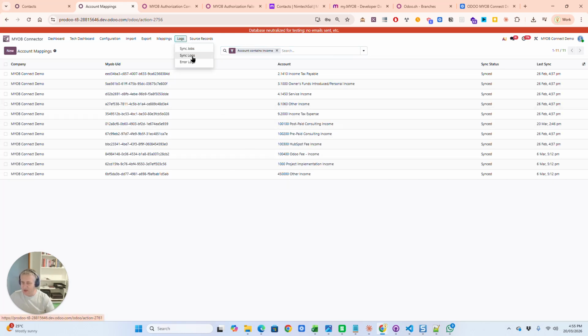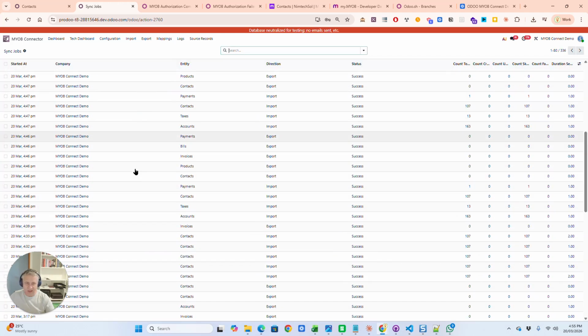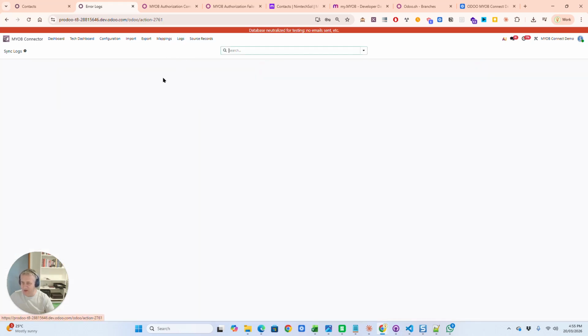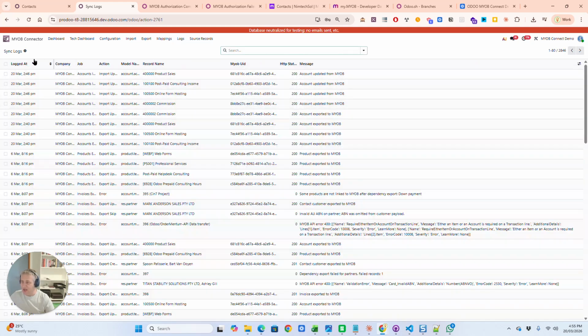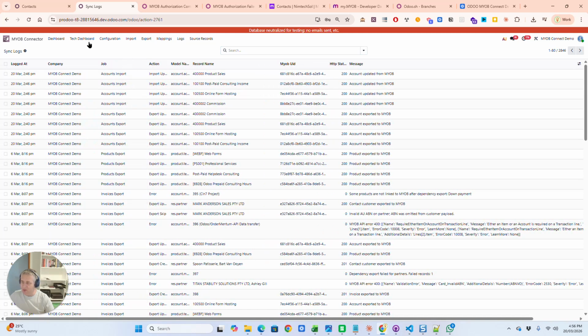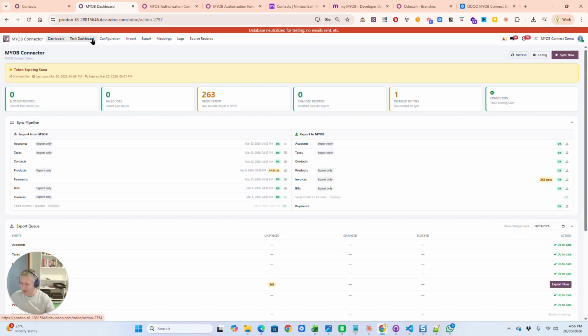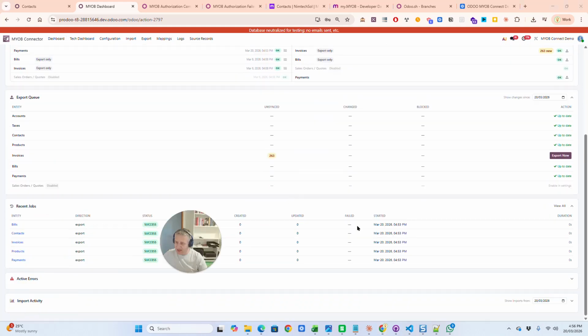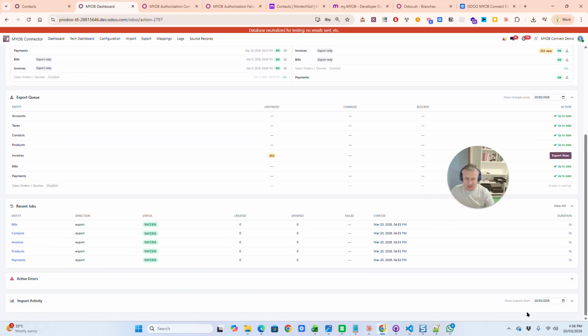We got logs to show you when certain jobs have been synchronized, what was the outcome or the status of those. You can also see if there were any errors. I don't have any errors right now, or the synchronization logs as well. So that's all in here as well. Right, so that's typically what the dashboard is for. The tech dashboard will be disabled or hidden, so you won't see that. If you got any errors, that would also be displayed in here, and imported activities from a particular date will be shown at the bottom here as well.